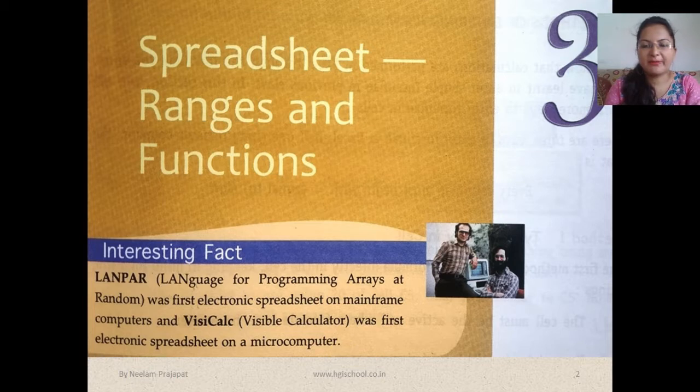So mainframe is actually larger than microcomputers. Okay, its capacity is more than microcomputers, and the first electronic spreadsheet, that was language for programming arrays at random, was created for mainframe computers, and VisiCalc was the first electronic spreadsheet for microcomputers.